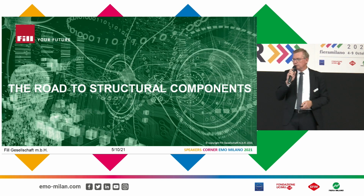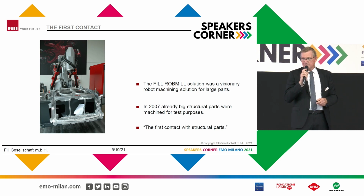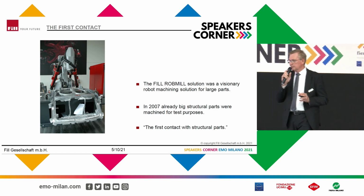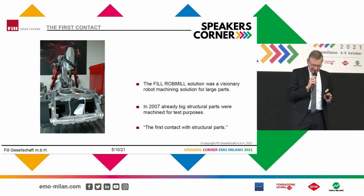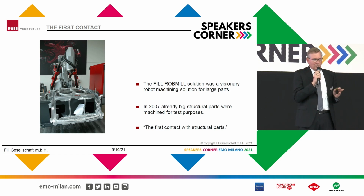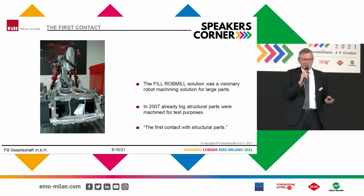The road to structural components. The first step was in 2004 when we started a robot-based milling system that was visionary at that time for large parts. We thought this would be the future, but we went wrong. It was not the future, but it gave us an insight into what the future required. In 2007, big structural parts were already required to be machined on this solution, and we made first trials, but never succeeded. As a short sidestep to a well-known science fiction feature, it was the first